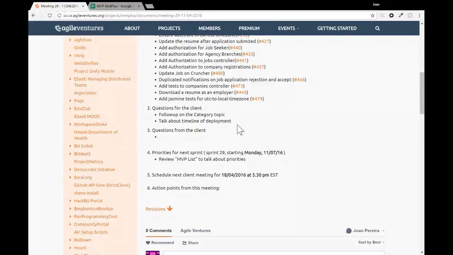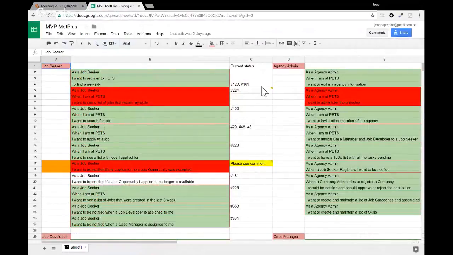Before we talk about the timeline for deployment, we will look at our MVP to see how it looks at this point, because we had a meeting this week and we talked a little bit about this timeline and the amount of things that we have in the MVP. So let's go through our MVP to see what we're currently still missing, and then we talk a little bit about the rest.